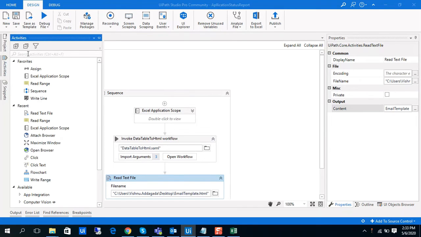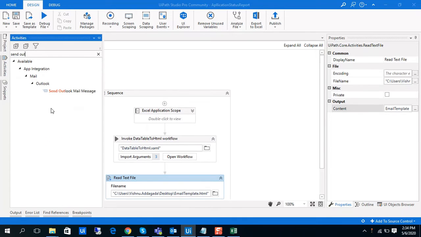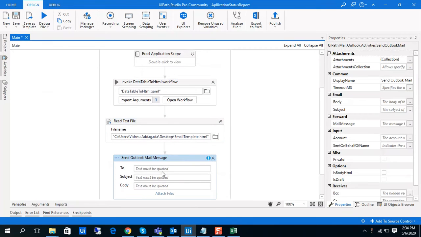In the activities panel, search for send outlook, and just drag and drop the send outlook activity. Here, see the properties, or you can easily understand from here. So to, subject, body. For the to email, you can give any email address, like I'm just giving my email address,